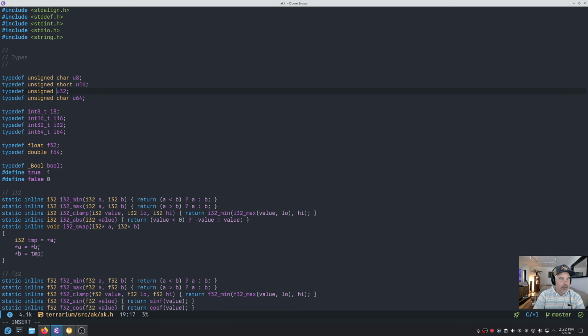Short and long. So long ensures 64 on the platform. I think that long on Windows might be 64, but we don't really care. We don't use Windows, so sign car. All right, and then